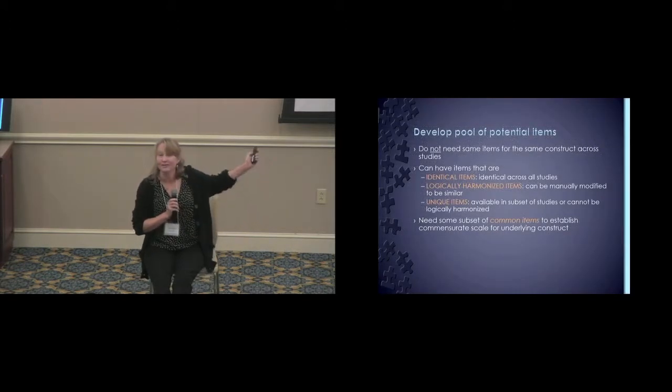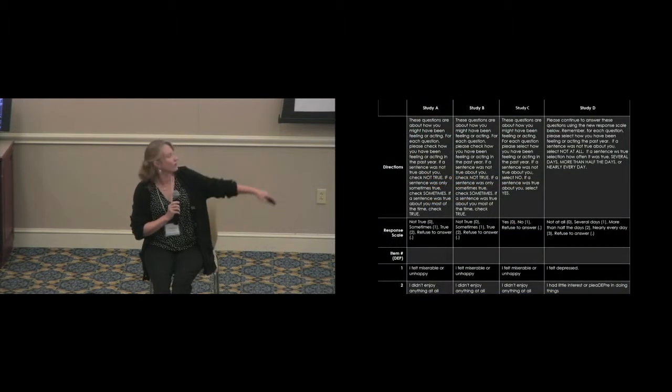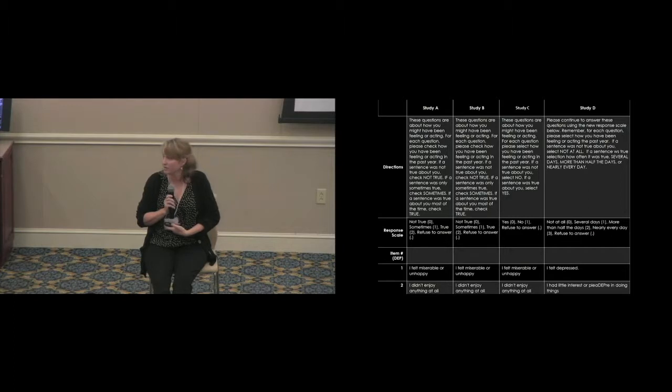What do you need? You need some common items that have either identical or a logically harmonized structure. And if you have ever tried to put together tables that look like this, where you're trying to say, okay, how are the directions looking across my studies? What do those response scales look like across the studies? And then what items do I think are getting at the same thing? I'm going to line those up. And when you do a table like this, most of us are going to at some point get this little pit in the bottom of our stomach that says, I think that's the same item. And hopefully you do. And hopefully that will motivate you to do the next step, which is to do the